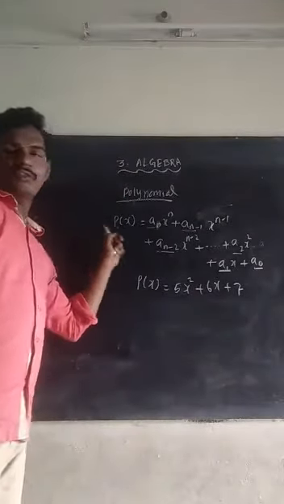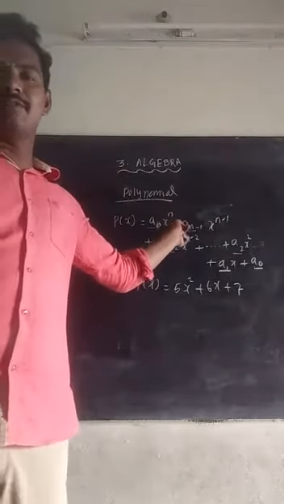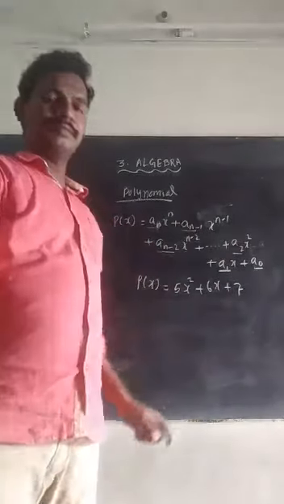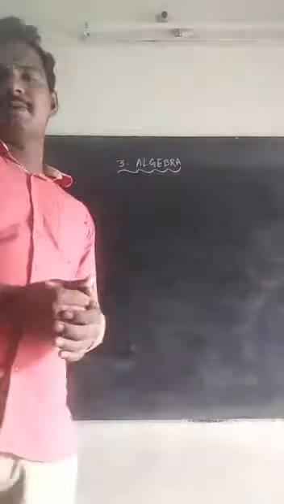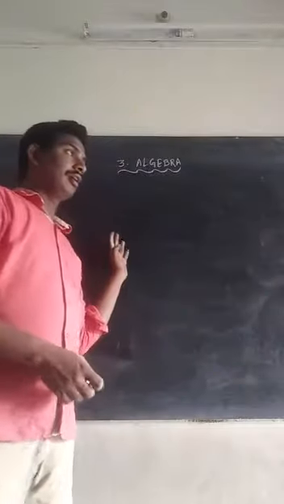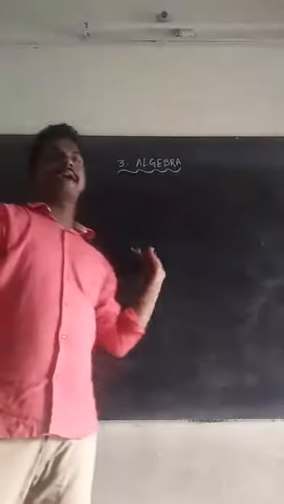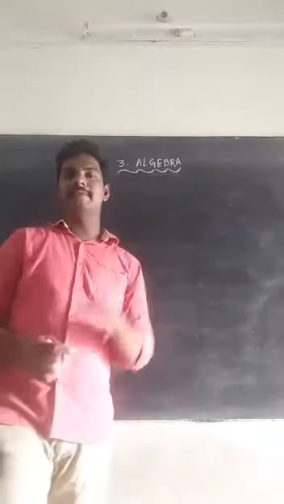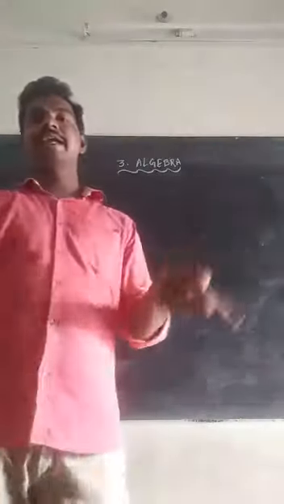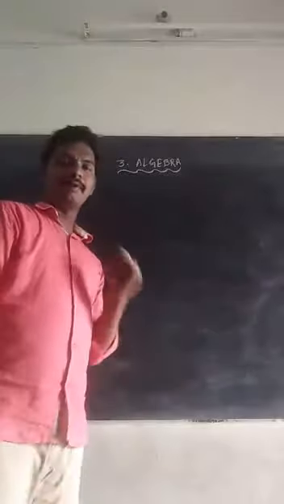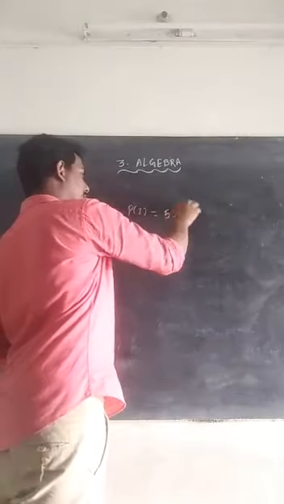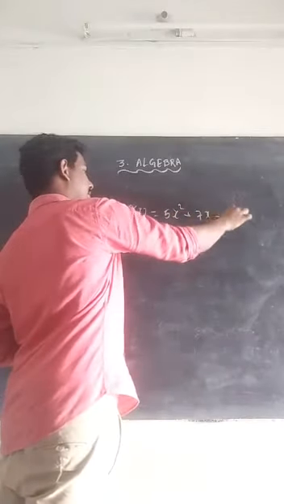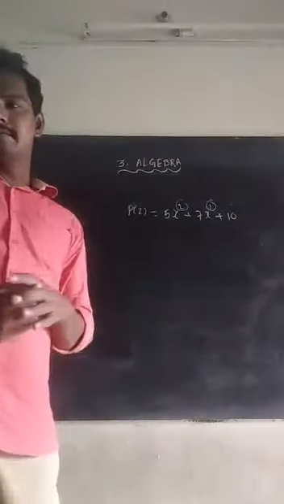We can give P of x, Q of x, F of x, whatever we need, you can give this. Okay. Next, some conditions for polynomial. What is meant by polynomial? Already I showed you. Polynomial is a combination of variable and constant that involves 4 fundamental arithmetic operations with non-negative exponents. Exponents means power. See, this P of x is equal to 5x square plus 7x plus 10. So here see the power is always positive. This we can say polynomial.